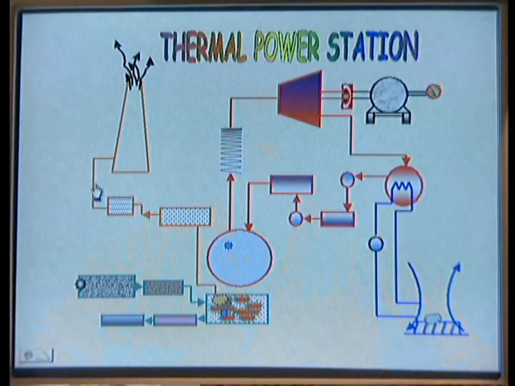Yes, you see, this is a single line diagram of thermal power station. How is the relation between the coal and electricity? Here you can easily understand what is the process in thermal power station. It has mainly 4 circuits. First circuit is the coal and ash circuit. Second is the flue gases and air circuit. And third one is the steam and condensation circuit. And fourth one is the cooling tower circuit.